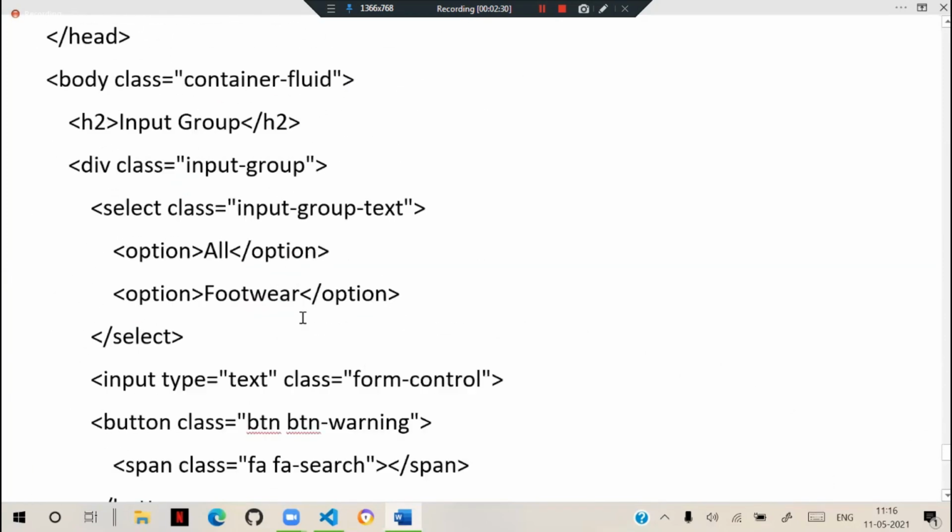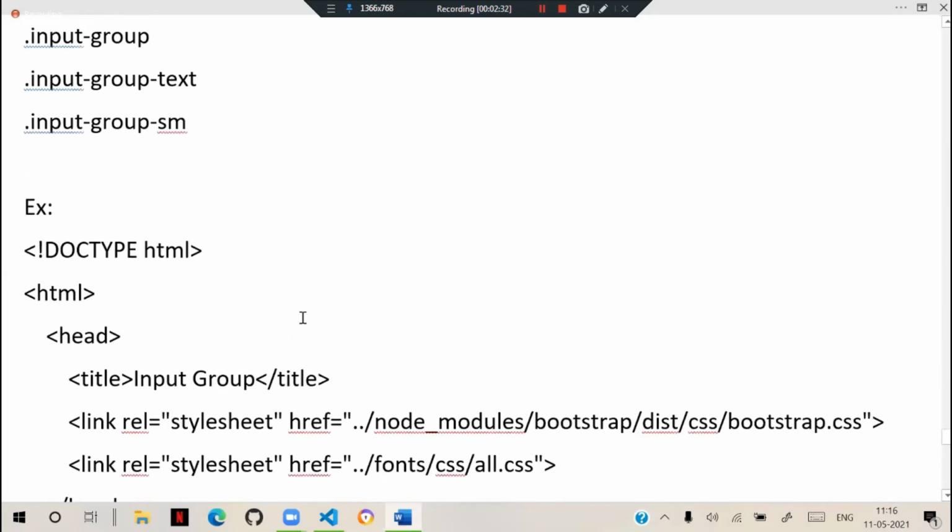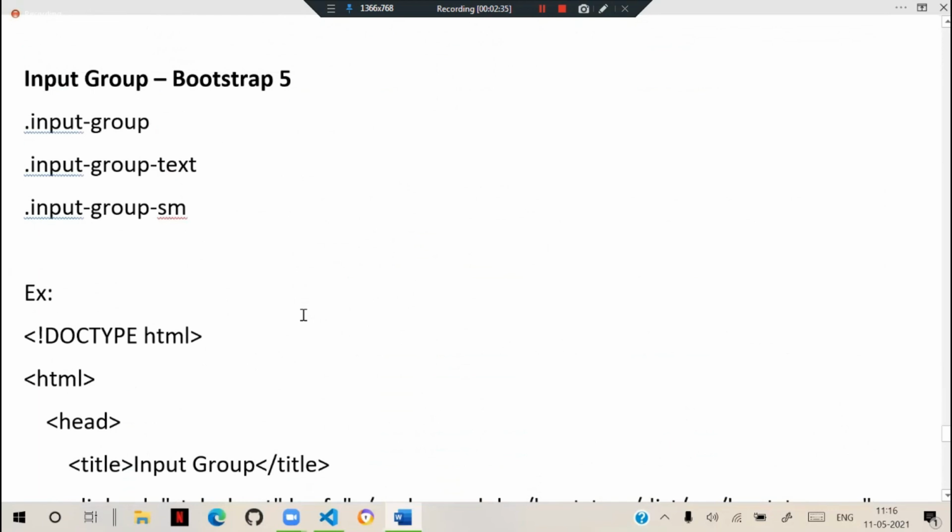And this is the input group example we gave yesterday, right? So we learned about that, right? So then after understanding this input group, you can keep all in one line. That means you can configure everything in one line.